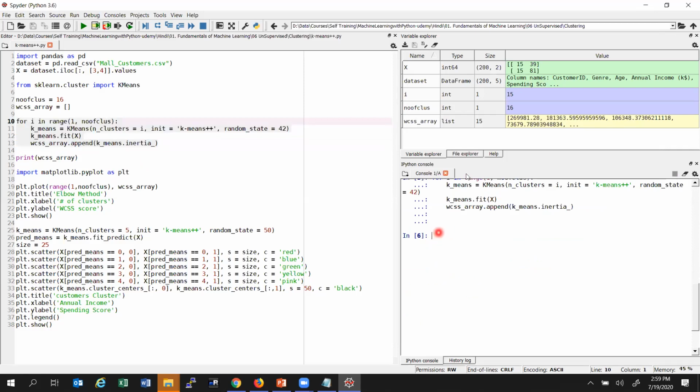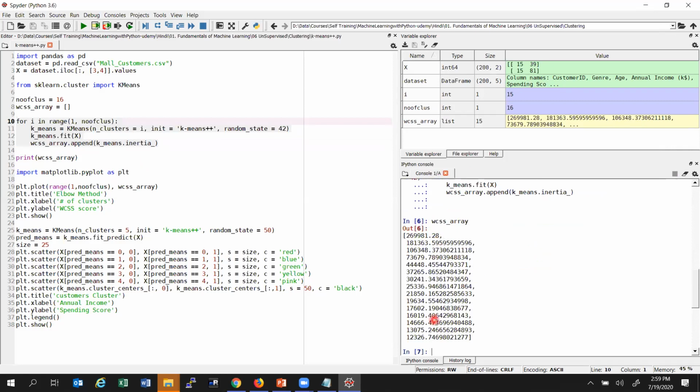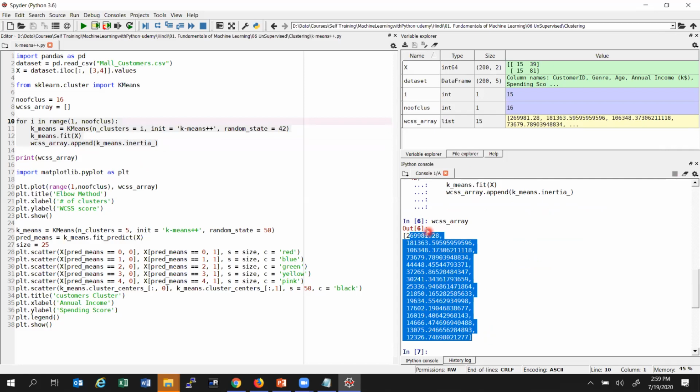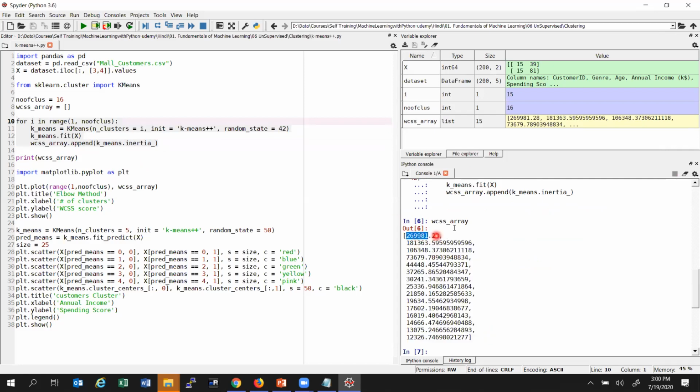If you try to print the WCSS array, you see we got the values for different cases. You can see clearly, because first we are calculating for i equal to 1, when the cluster is 1, this value corresponds to that.